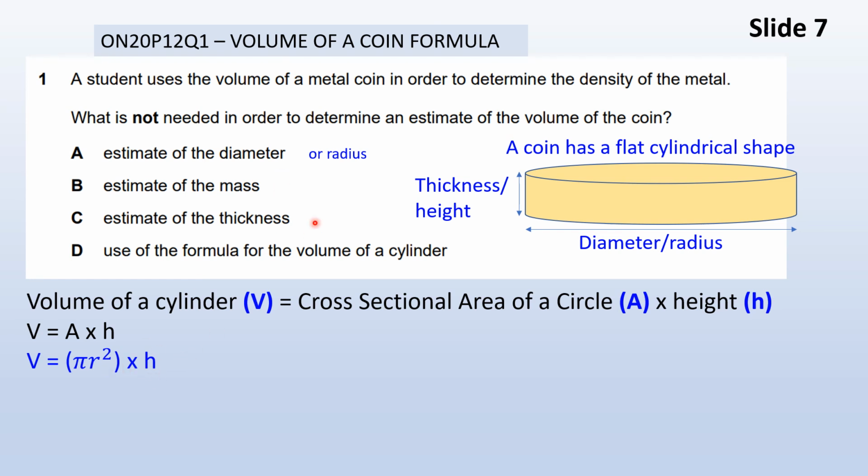Yes, because the diameter and radius are related. Do you need to estimate the mass? Mass is not in this formula. What about the thickness or height? Height is in the formula. And you also need the formula for the volume of the cylinder. So the only option that we don't need to estimate the volume of a coin is